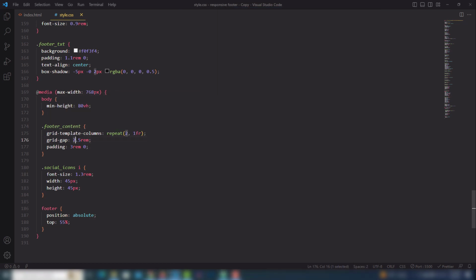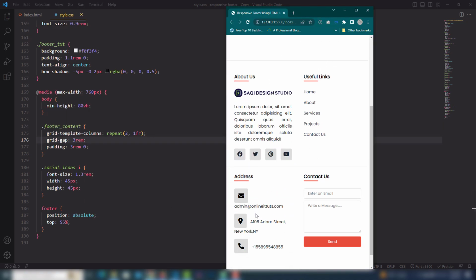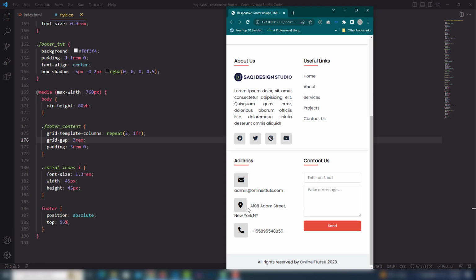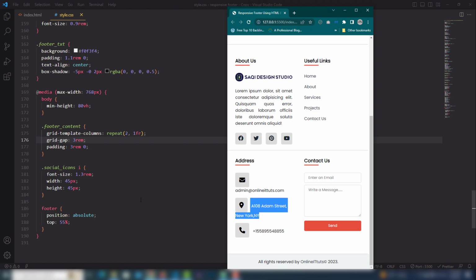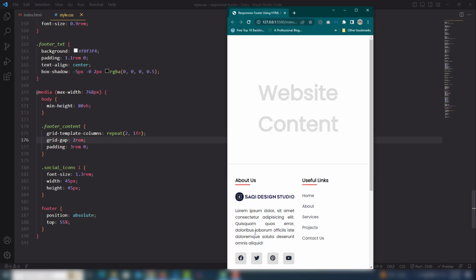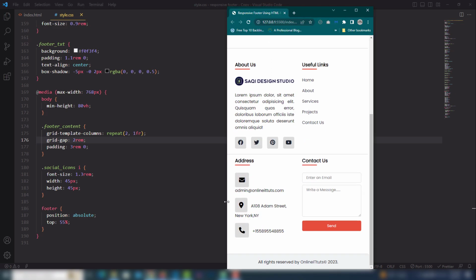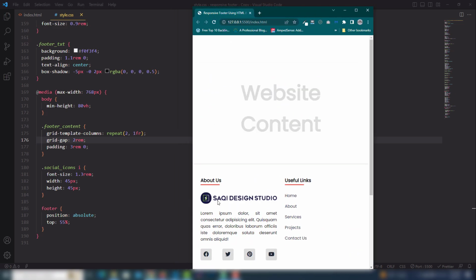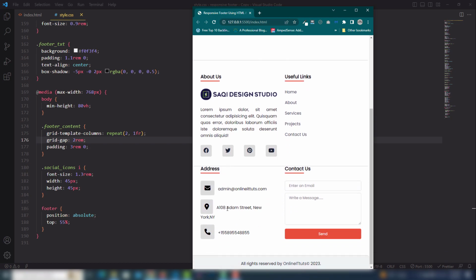Okay, I will use the 3, right, so this is the, but I need to fix this one issue, so I will use 2 rem to display the content. Yeah, so